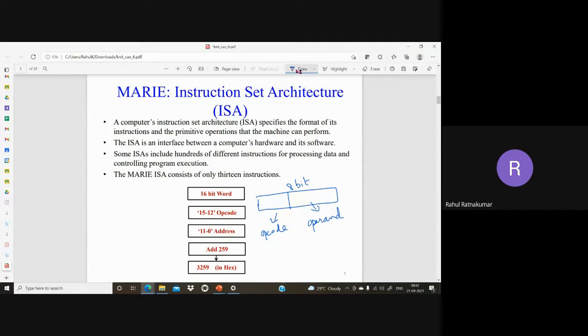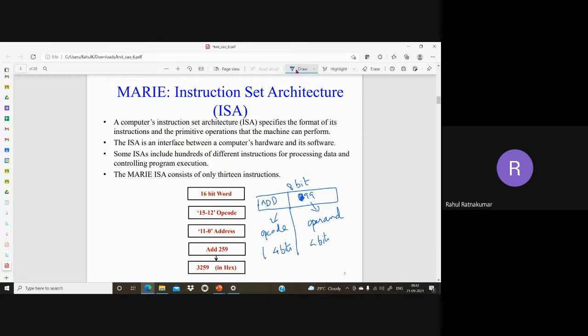For example, the opcode is add, and the operand is maybe a memory address. In the case of Little Man, we can say add memory location 99, or 099, or whatever. So this is the operand part, where the data is coming from, and the opcode is the operation. So add will have some bits, maybe 4 bits for add, and the remaining 4 bits represent the memory.